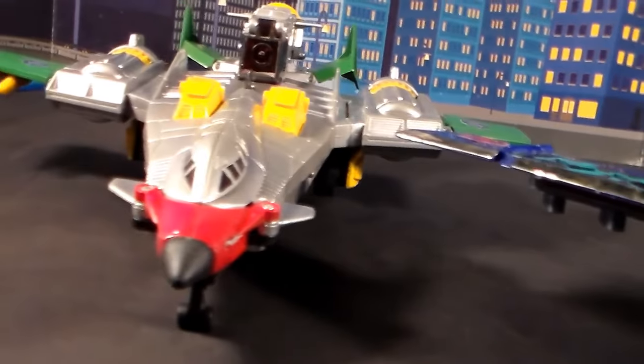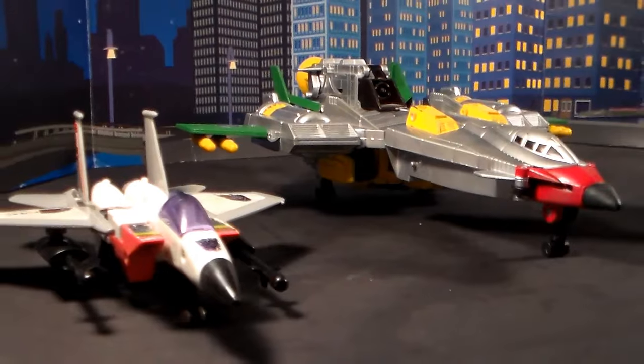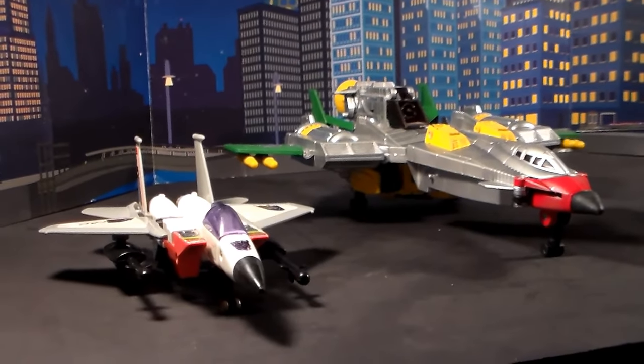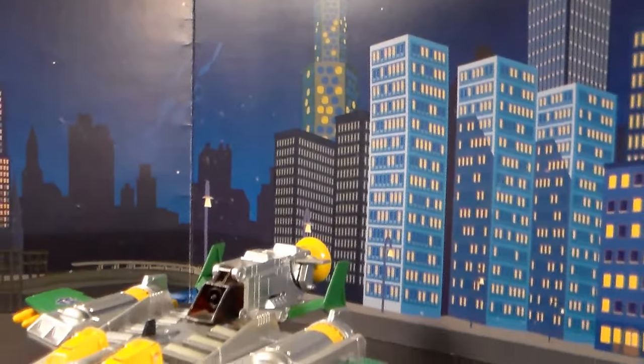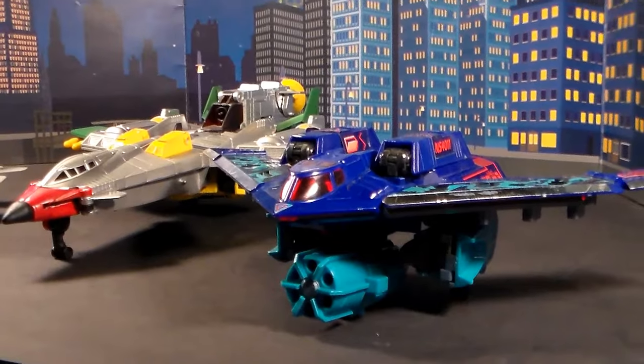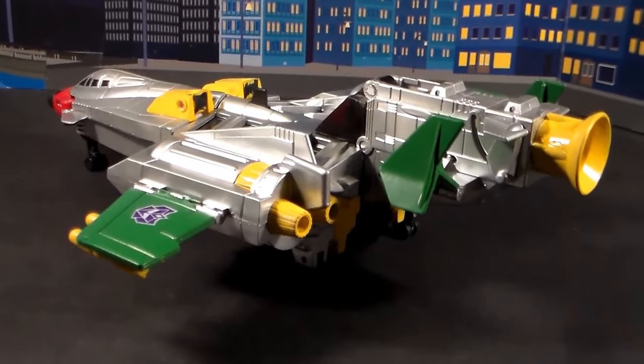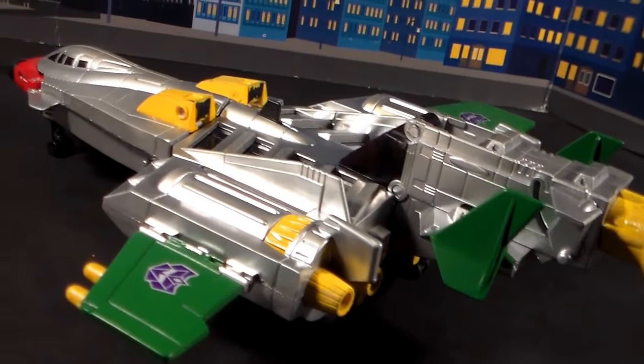Here he is in his aircraft mode, jet mode, bomber mode, whatever you want to call this thing, because this thing is literally a flying fortress. It is enormous. It's absolutely amazing. It's very heavy. It's got some heft to it. I do love this thing. This thing is so cool. It's got a lot of built-in gimmicks that I will get to here in a few minutes, but just admire the